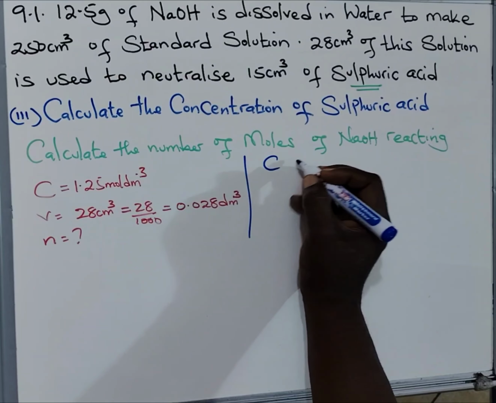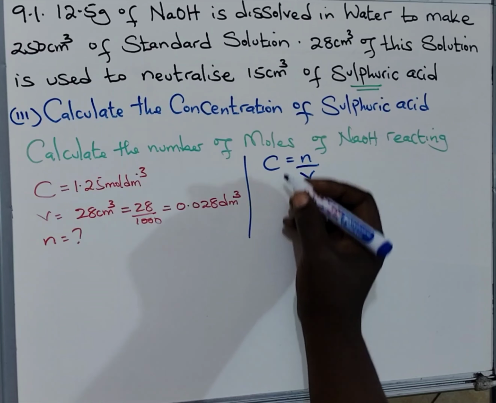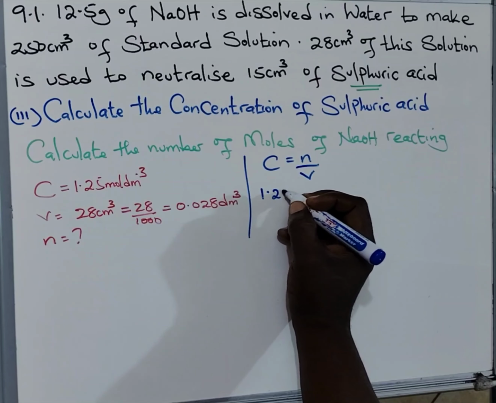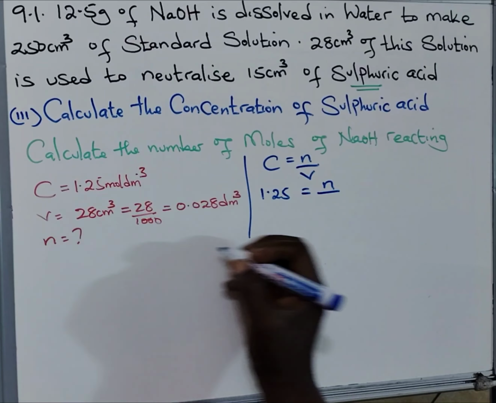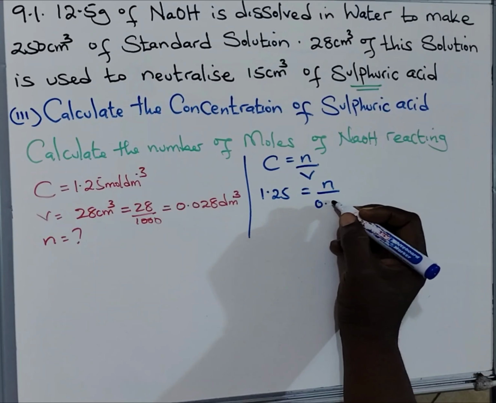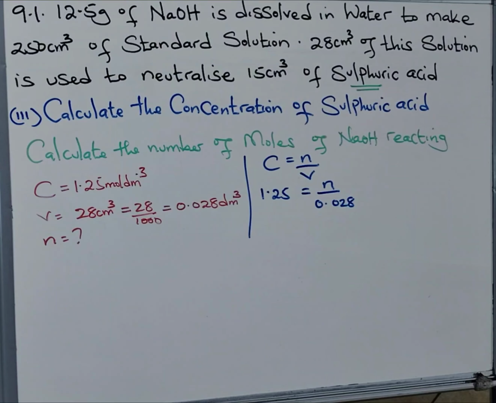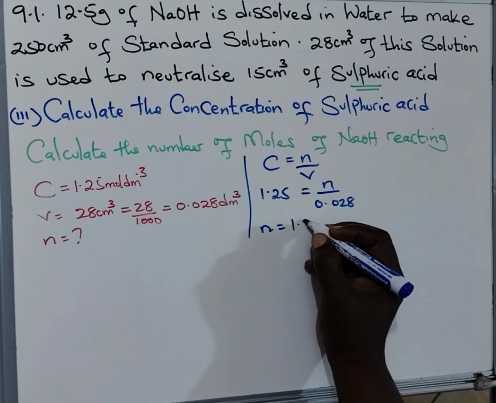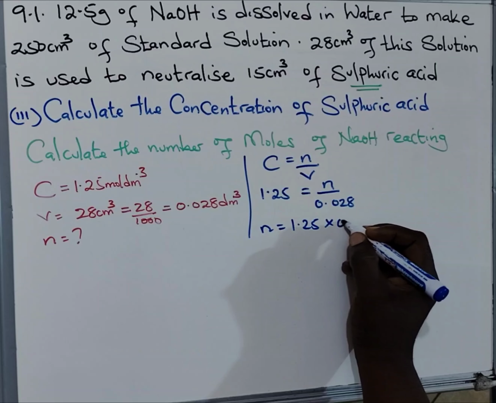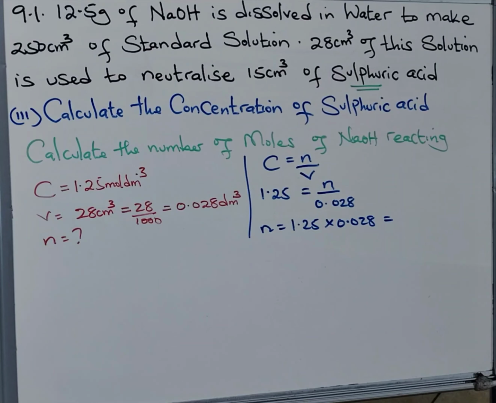The formula is C equals n over V. Our C is 1.25 and our n is wanted, but we know V, which is 0.028. So from here you have your n as 1.25 times 0.028, giving you